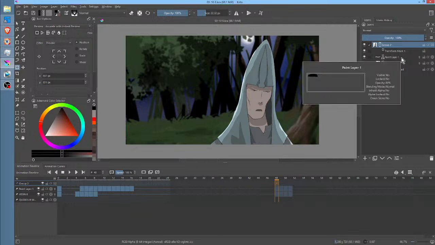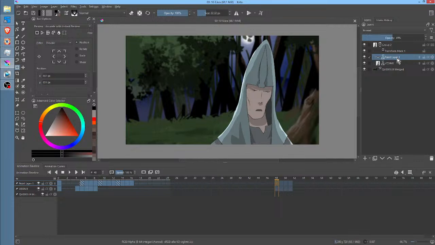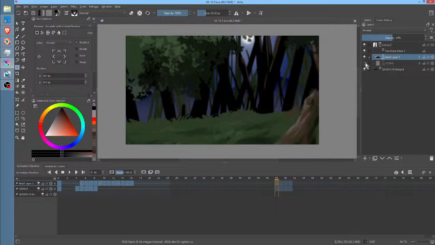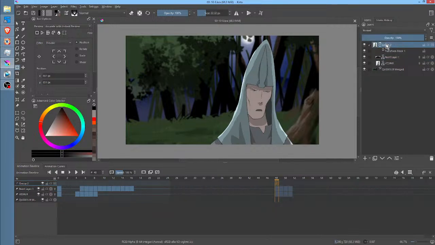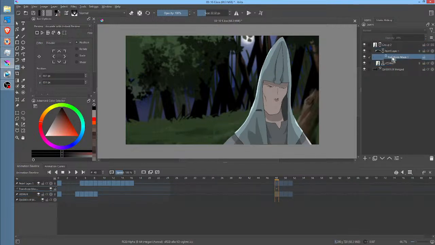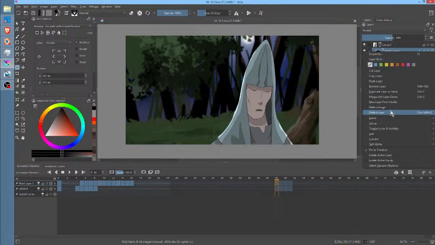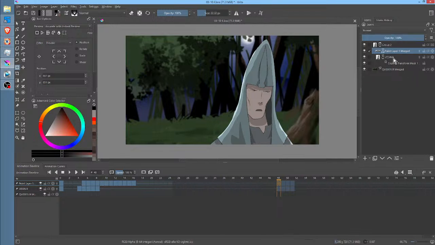Okay, guys, so this is actually kind of important. So I'm going to show you something here. This is his mouth. This is Vespar. So the transform mask is on the group in order to be applied to both of these guys. Okay? So here's what I'm going to do. I'm going to take this transform mask and apply it just to Vespar. Then I'm going to duplicate this transform mask and apply it to the mouth. Okay? Now this layer can be flattened, assuming everything works as advertised. This layer can be flattened.